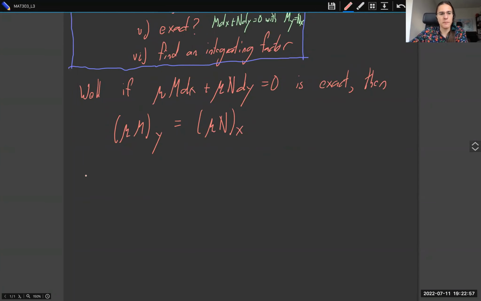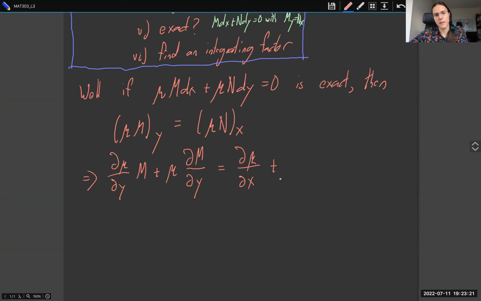It follows therefore that the partial derivative of mu with respect to y times M plus mu times the partial derivative of M with respect to y is equal to the partial derivative of mu with respect to x times N plus mu times the partial derivative of N with respect to x. And then we can rearrange this equation to obtain that